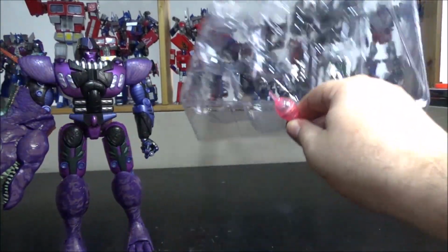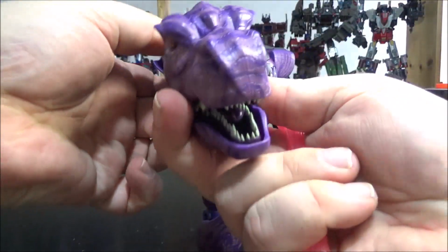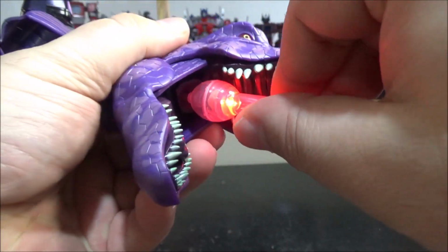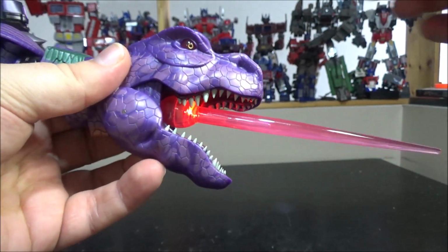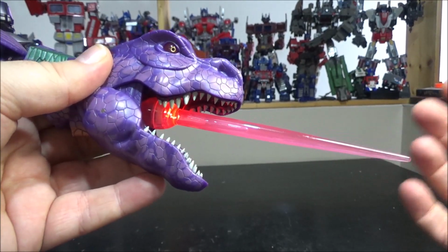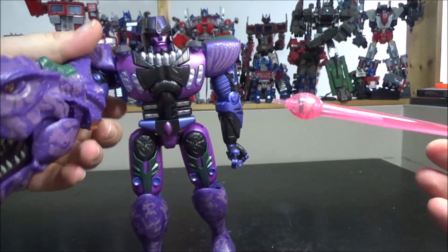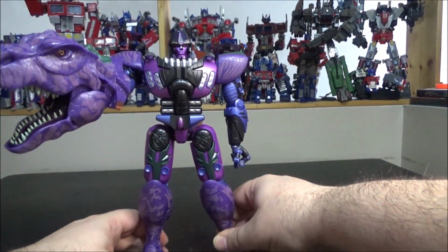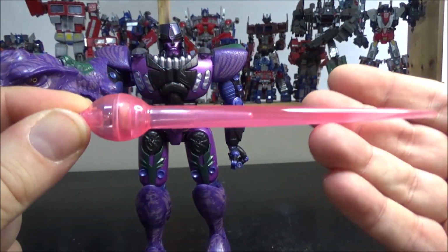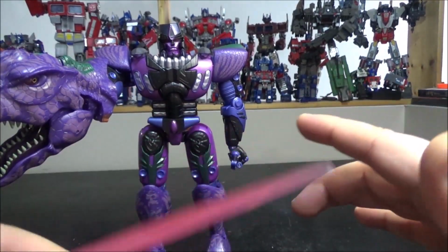Let's throw this aside because we don't need it anymore. But if we come to the figure right here, you have the dinosaur head. If you open it up, you can see there's the mouth, and you can plug this in. And as you plug it in, it already turns on. So you just press on it, it turns off, turns back on. So that's really, really freaking cool. So that's one cool accessory. This is the only thing that is added that I've noticed that is way different. I like this stuff from the original one. The original one doesn't have this. Cool, but